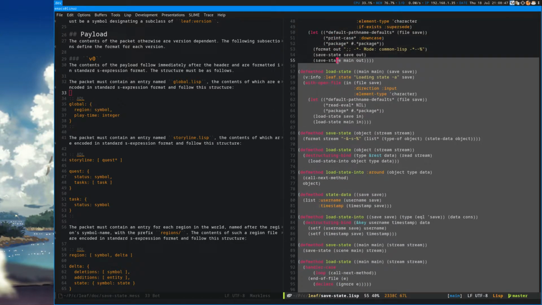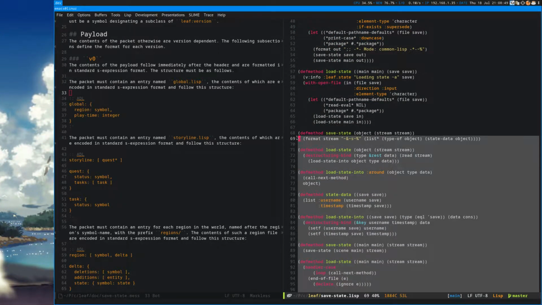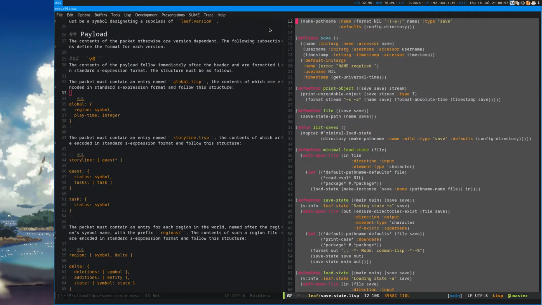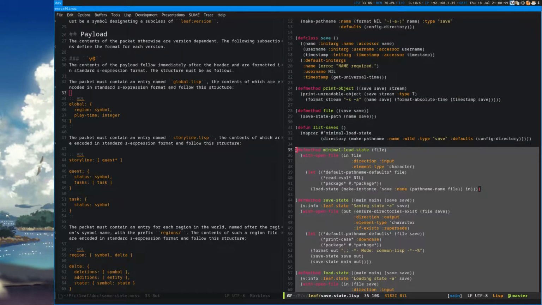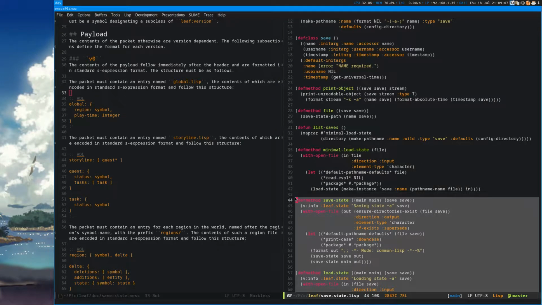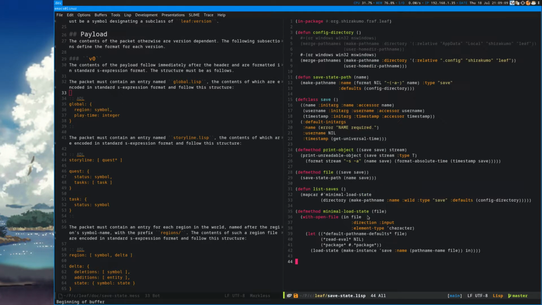And I can probably nuke this file almost. What is this? Running state, blah blah blah, minimal load state.